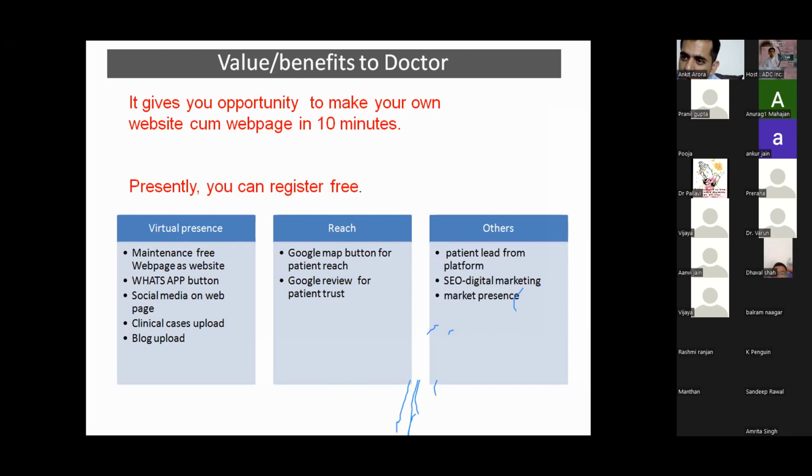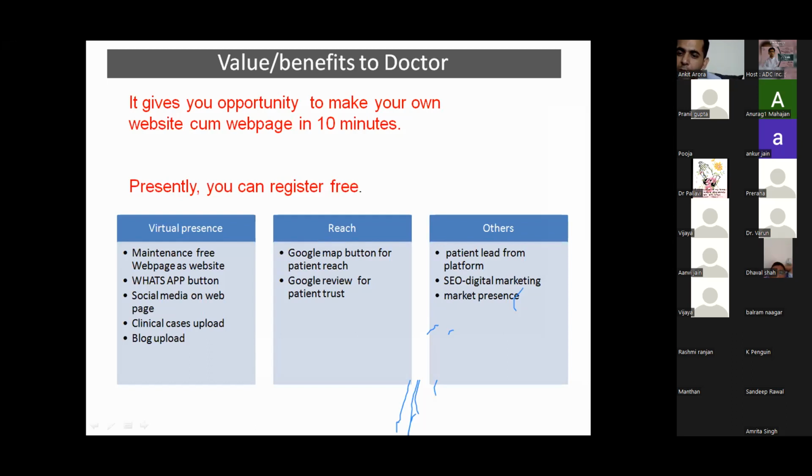After we get some patients and get our platform properly developed. You can put your WhatsApp button directly on your web page so that your patient can communicate with you directly. You can upload your clinical cases and show your skill directly to the patient, because many a time we cannot showcase our skill to the patient, and they ask whether you have actually done it. If you can showcase yourself beyond existing platforms like WhatsApp or the Google page, you can show them. Patients can reach you through Google Maps,